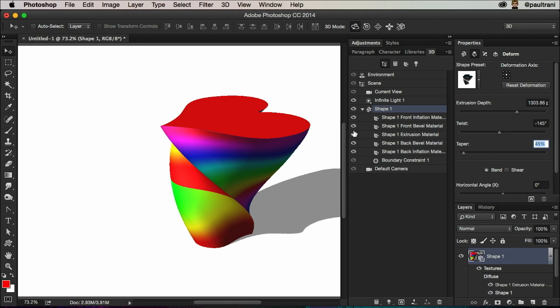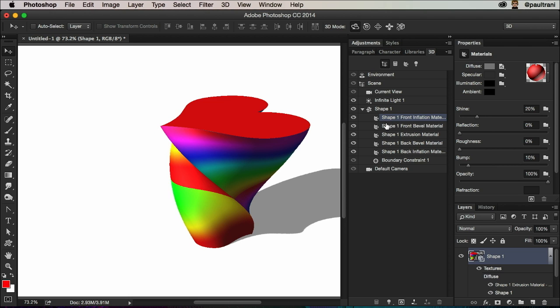I want to turn this into a vase now, I just decided. A 3D object, right? I have the color, I understand that. What needs to happen for this? I need to pop the top off, right? How do I pop the top off? Do I have to make a different mesh with it empty or whatever? Check this out. I can go to the front inflation material. It should be that one. Yeah, that's the one. Selecting that, I can just take the opacity down to 0,